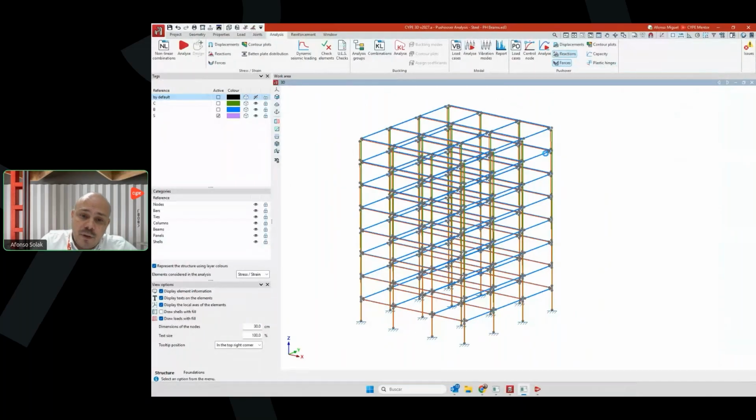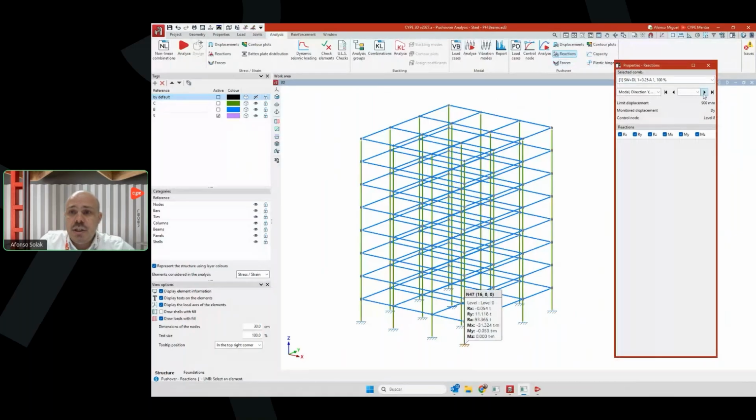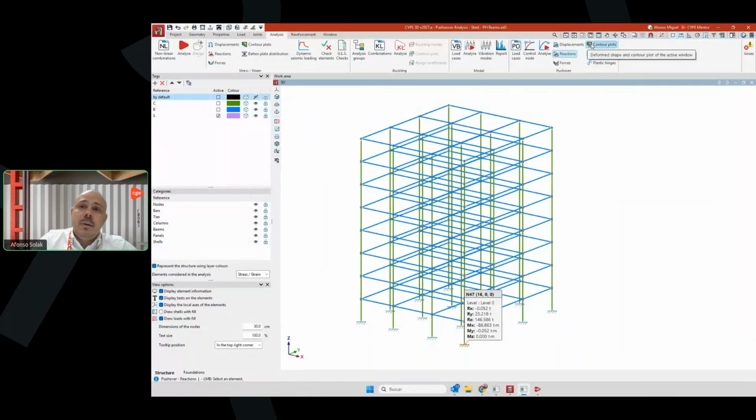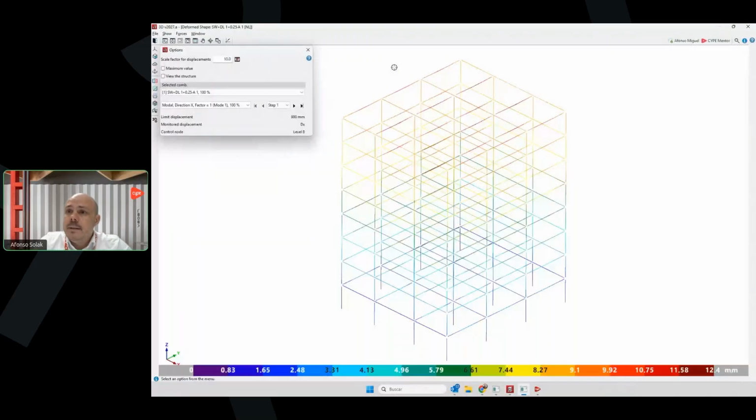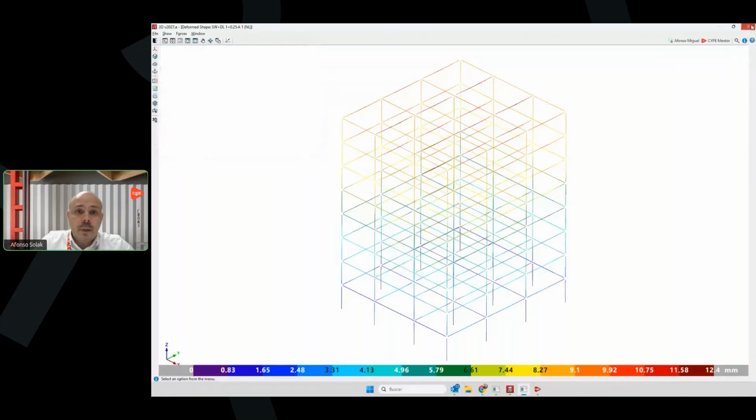More things, you can do the same with the reactions, so you can click the reactions and then change the steps here and see how the reactions are changing according to that. Okay, you can do that. You can open just the contour plots, as we always do in the stress and strain analysis, in another window. If you want to see that, it's in this button here. Okay, but it's the same idea behind these concepts that I've just presented to you. Okay, I think with these points we could cover the most important new features of